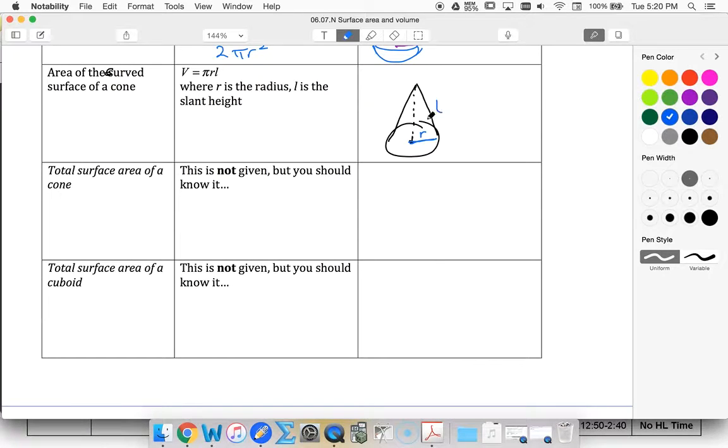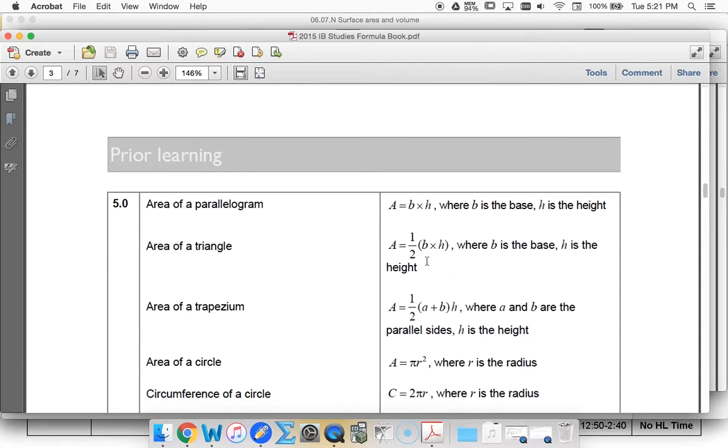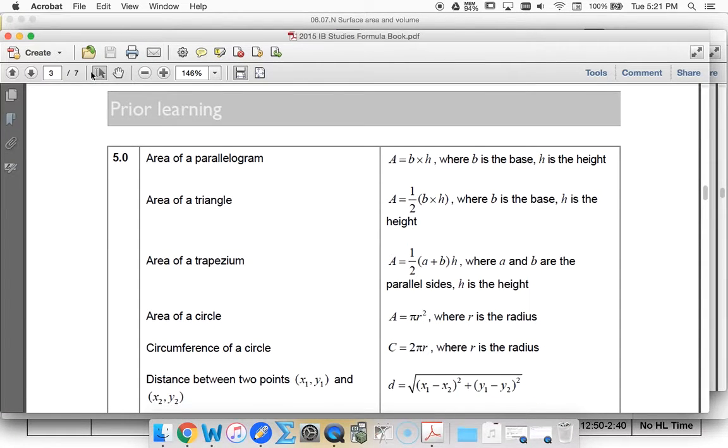When we talk about vertical height of a cone, that would be over here, and we would label that as H. But we've got L being the slant height, and I have put the formula for volume, but really we want the formula for area. So let's go back down